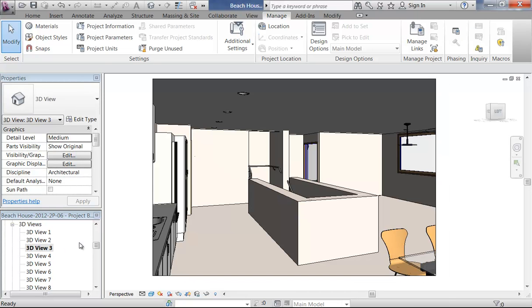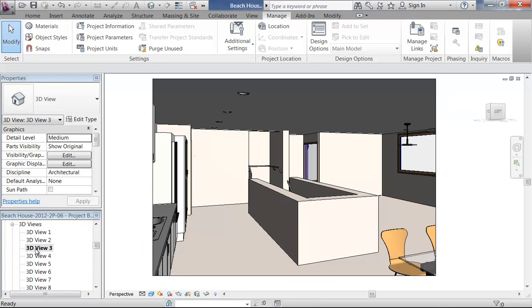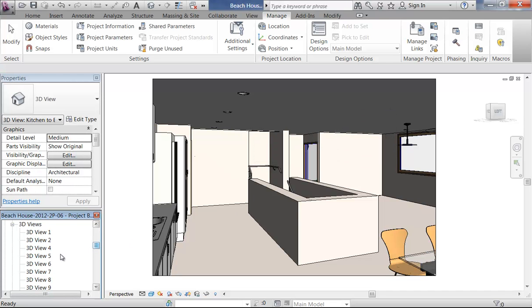Yep, so starting with view 3 and view 4. So I'm going to rename those. So, view, so kitchen to entry. And then view 4